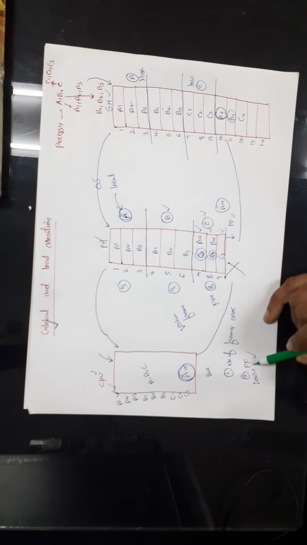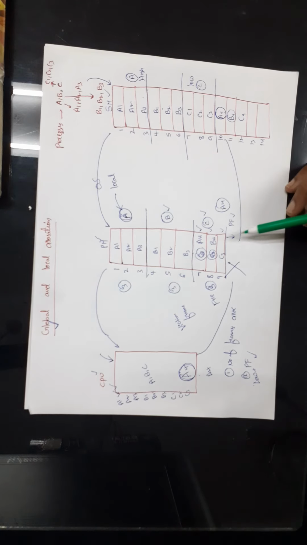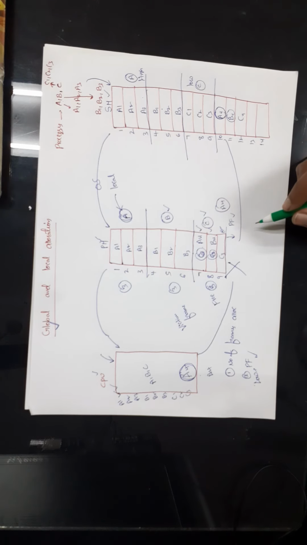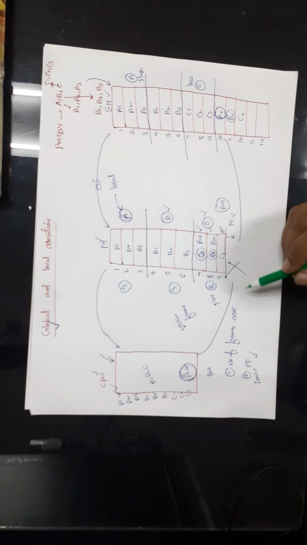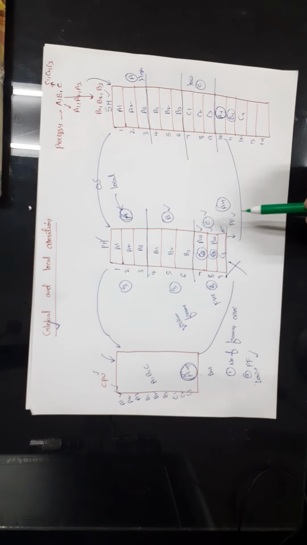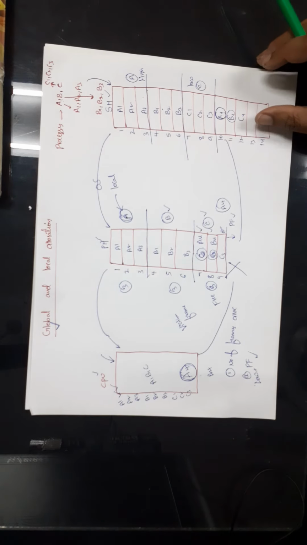Okay, the page fault rate for the low priority process will be increased because the number of frames allocated for process C is decreasing, right? So page faults will obviously be increased. This is the problem with global allocation. Now process C cannot control its own page faults, and the number of frames allocated for the low priority process will be decreased when there is a page request from other processes. Okay, so this is called global allocation.